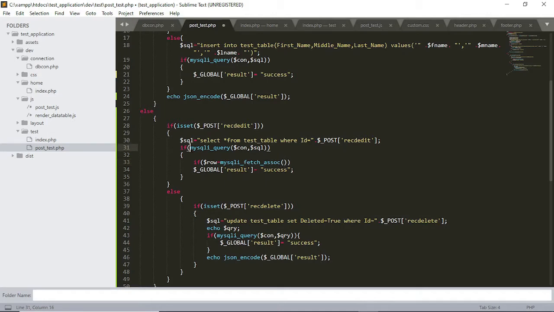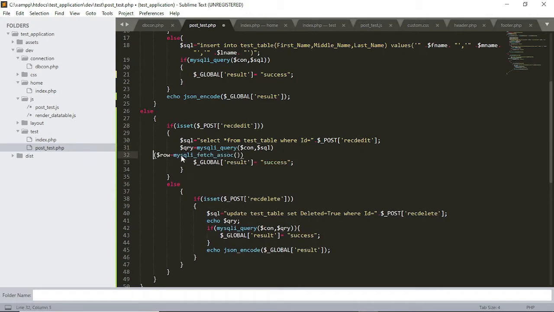So we will do here query equals to that, or we can do away with if, so that you can just do this. So we've done away with if. Then here we can use while row equals to mysqli fetch assoc, then query. Then we can open